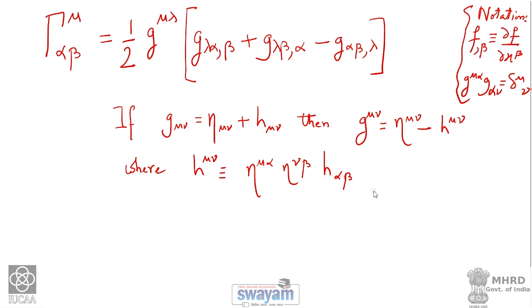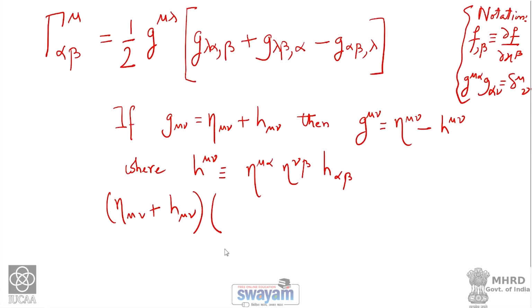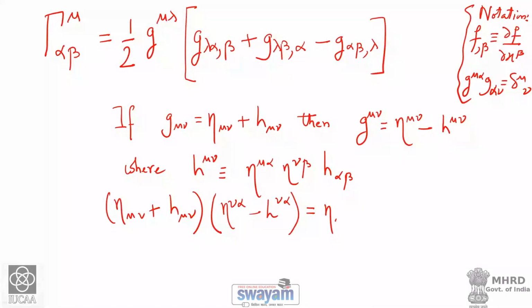Just to check, eta mu nu plus h mu nu contracted with the upstairs one, namely eta nu alpha minus h nu alpha, because I want to prove that these two indeed give us the Kronecker delta. Remember, we have to only incorporate linear orders in h, because h is very, very tiny. So, let us expand the bracket, you will get